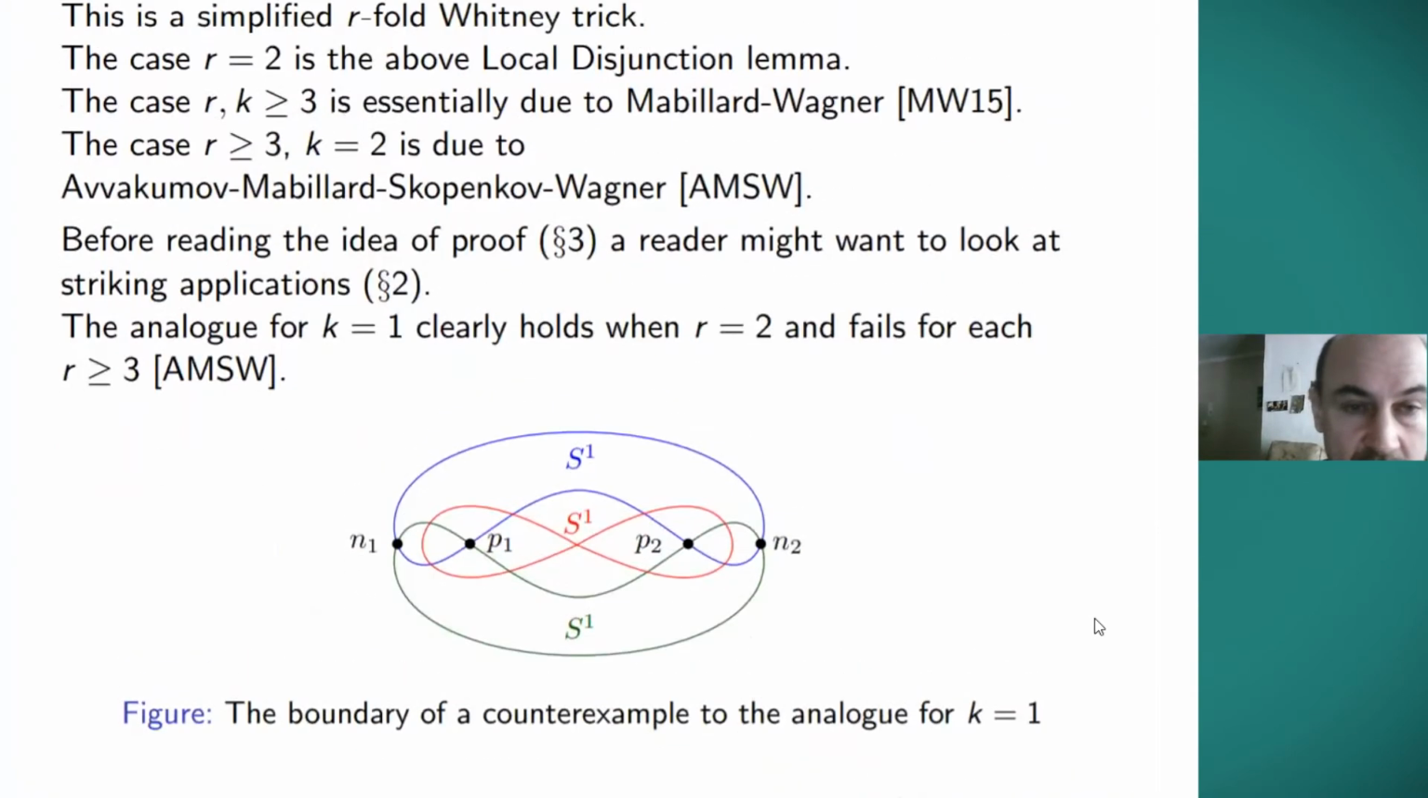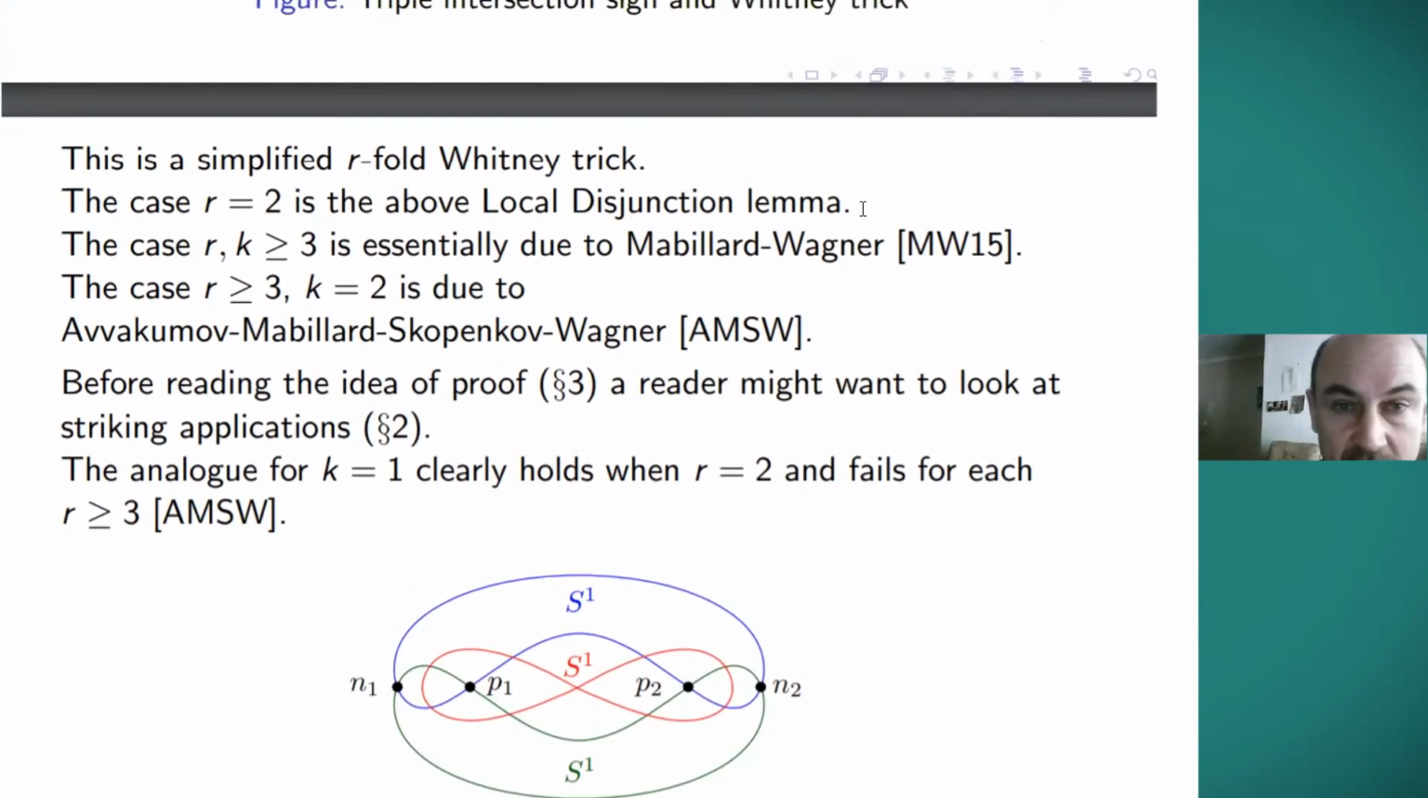So the reference for R equals 2 is, of course, the standard Whitney trick. The codimension 3 case is due to Mabillard-Wagner, and the codimension 2 case is due to that joint paper of 4 authors. Actually, the analog of that lemma for k equals 1 fails for multiplicity 3 or greater. And to explain this beautiful example, let me come back